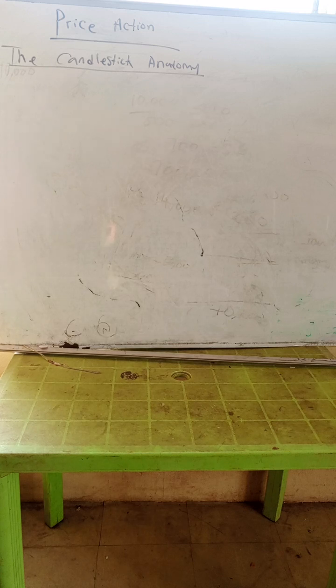Now, first of all, in the market, we have two types of candlesticks. We have the bullish candlesticks and we have the bearish candlesticks. You should know that by now. My bullish candlestick, I'll use white to represent it. Then bearish, I'll use red. No, bearish is usually red and bullish is green according to your chart in the market.